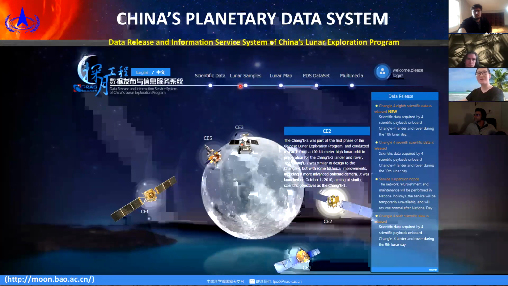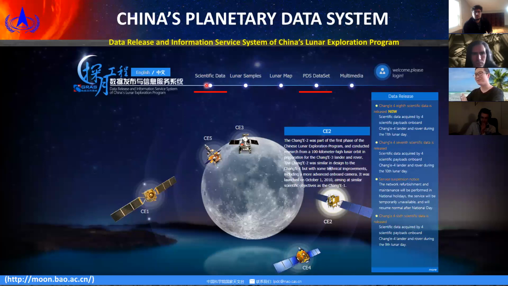Here is the website. I will go through the website later, just to show how many things are here. First, there are two places where you can acquire the data. The first place is scientific data. The second place is the PDS data set. There is a slight difference. The scientific data is arranged as just the data, with all data in a folder, and the PDS data set is arranged in lots of folders, including data, others,